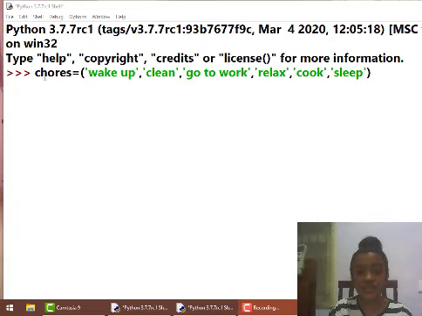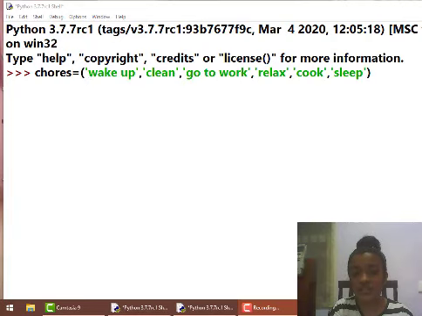So as you see here, this statement gives you a string. A string is nothing but storing data within single or double quotes, enclosing them using parentheses, and then assigning them to a variable. Here the variable is chores, and inside parentheses there are so many strings.